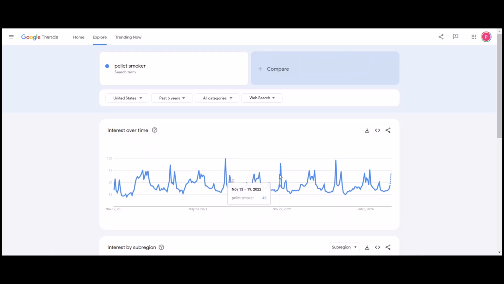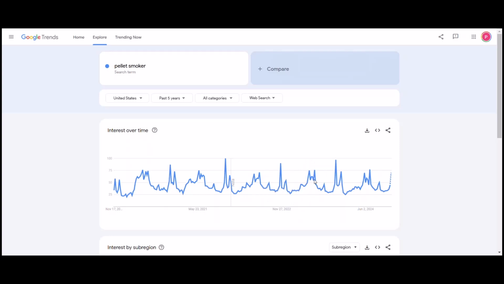The winter, I would imagine, especially early November, Thanksgiving, people looking for pellet smokers around Thanksgiving, that would be for meals. So Thanksgiving's always a good thing if you're doing anything to do with food. And then we know through the summer months, because people are outdoors most, and this is in the United States, so May to June is your summer months. So we have a good peak in Thanksgiving and a good peak over the summer months,